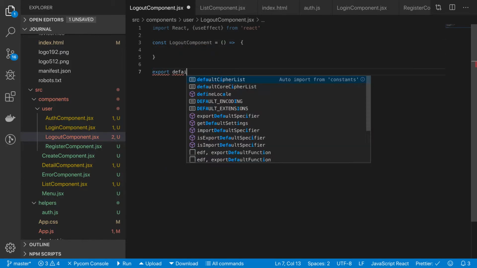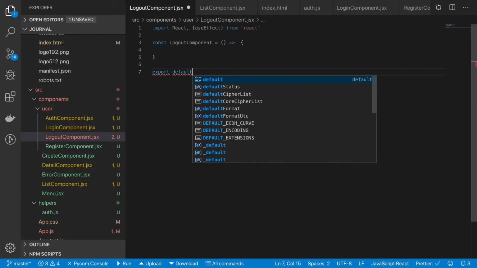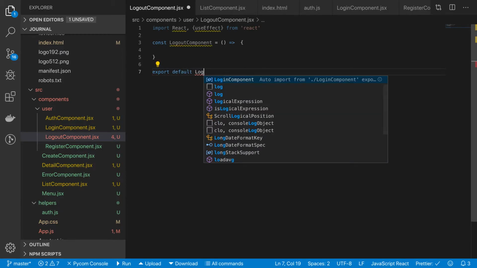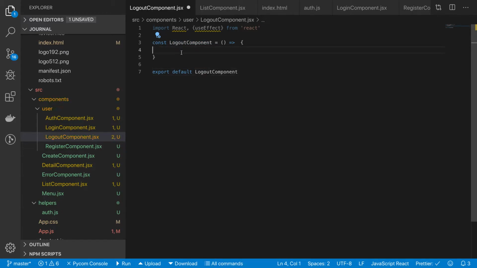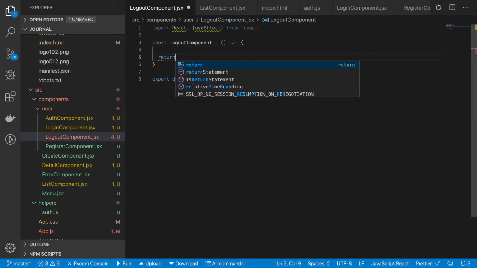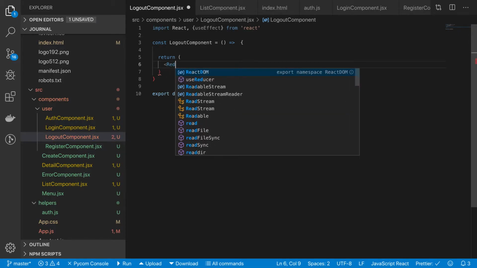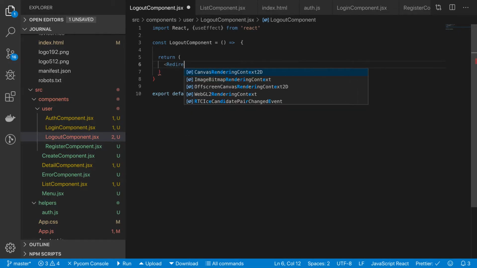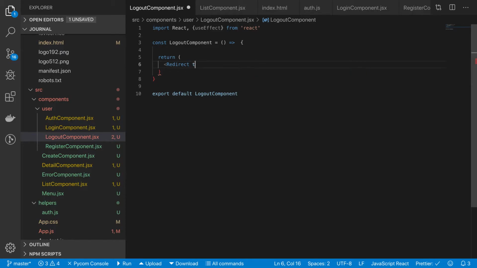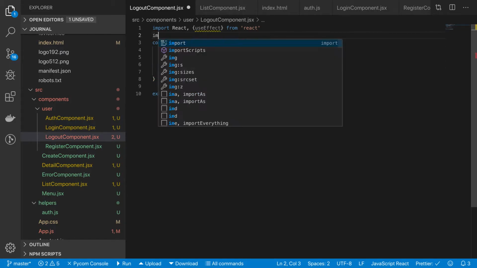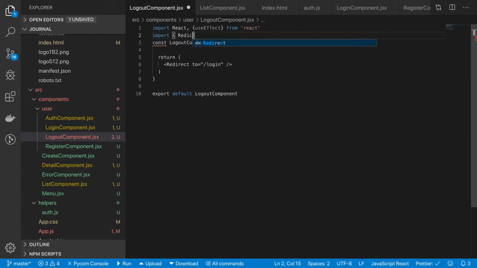Export default logout. No, this one, not something else. Return. What we are going to return is basically this redirect. Redirect to most likely login, because otherwise, what else are you going to do on the site? So we need to import this redirect from